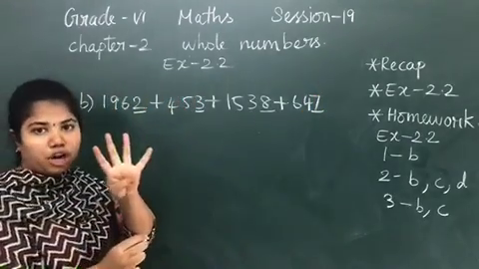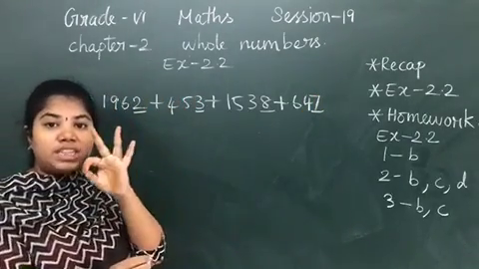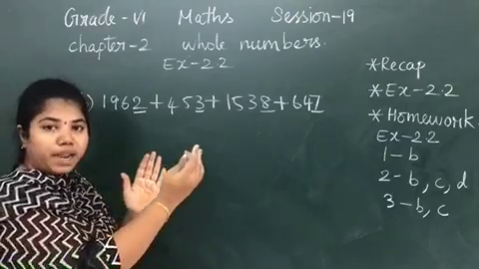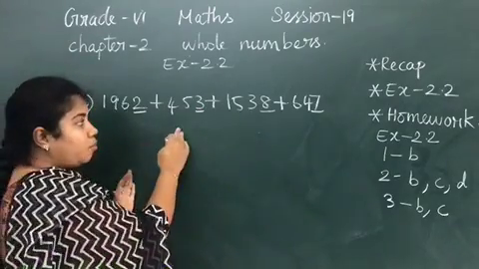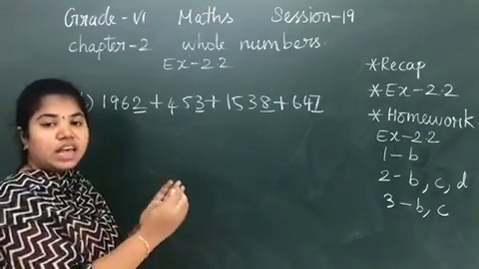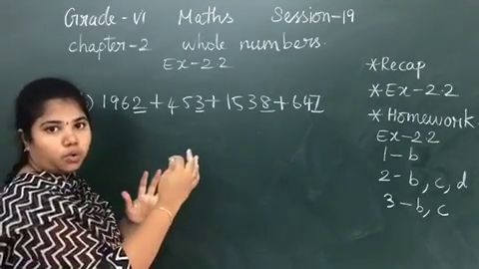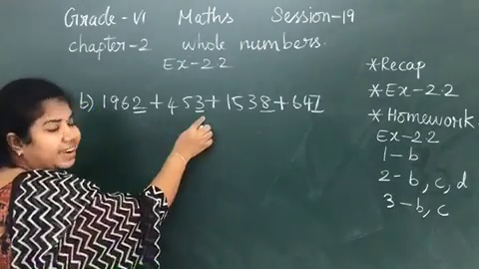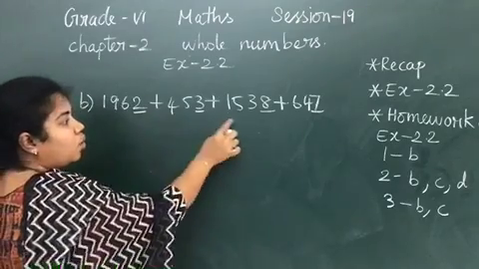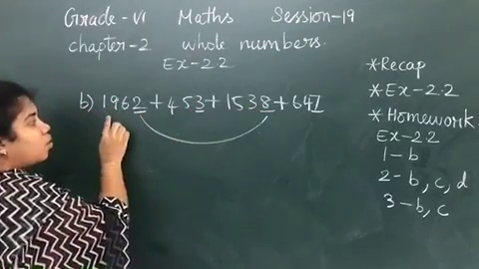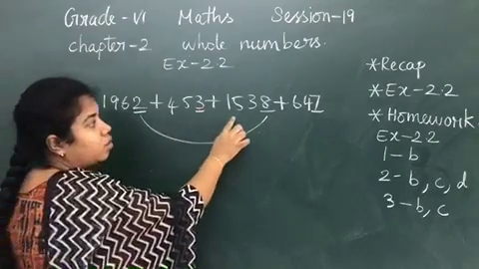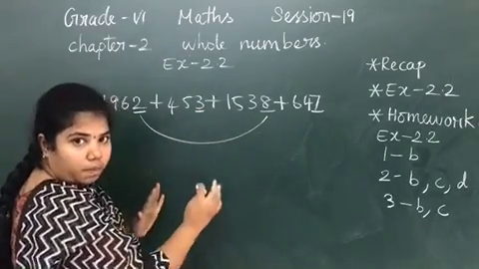Now I have 4 numbers. Previously I had only 3 set of numbers. I have combined 2 sets and added that sum to the other value. Now here I have 4 sets. Let me take a 2 and 2. Okay. Now what is 2 and 3? It is 5. It will not work. 2 and 8, it is 10. So it will work. So you are going to combine 1962 and 1538 in one bracket.